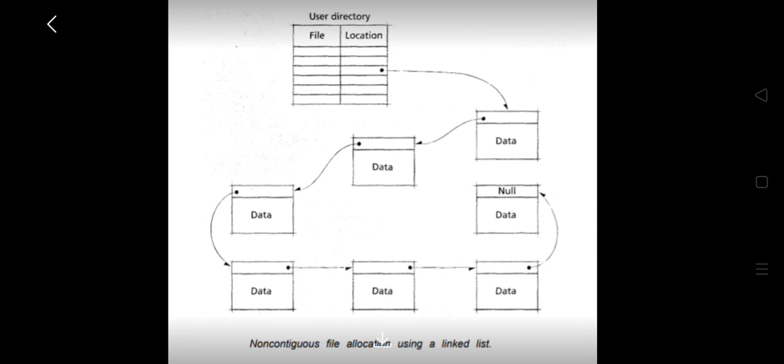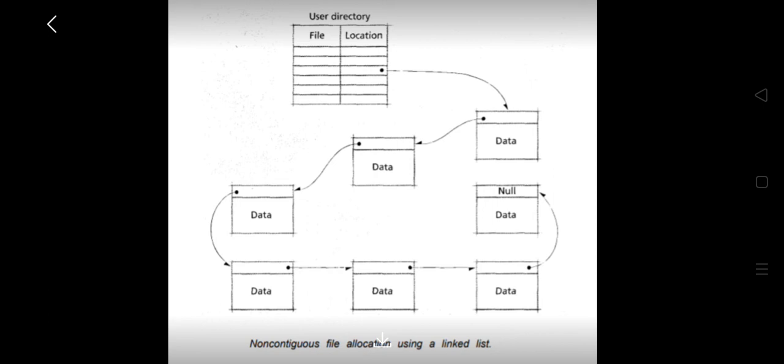In block chaining, each entry in the directory points to the first block of a file. The block contains two portions, the data block and the pointer to the next block. The smallest unit of allocation is a fixed size block that may consist of many sectors.